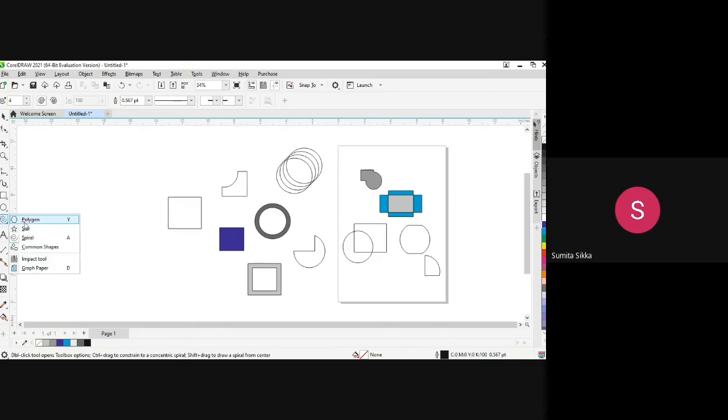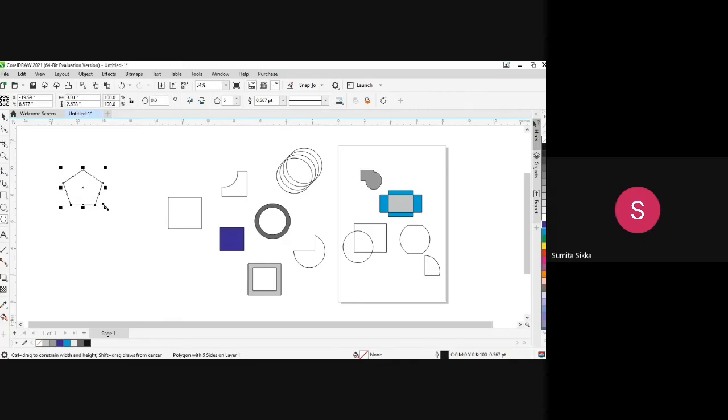So I am going to start with the polygon. Polygon shape is, as the name suggests, a shape with more sides. It can be 3. We cannot start with 2, because 2 will not give a shape, just a line. We can start from 3, so we have a triangle. If we say 4, we'll get a diamond. If we have 5, it will give me another shape. If I say 6, I'll get this. 7. You keep on changing the number of points, and it will keep on giving me different shapes.